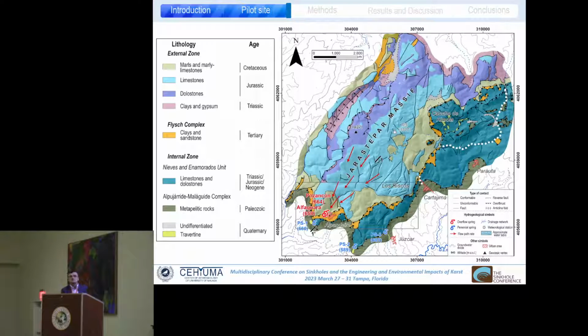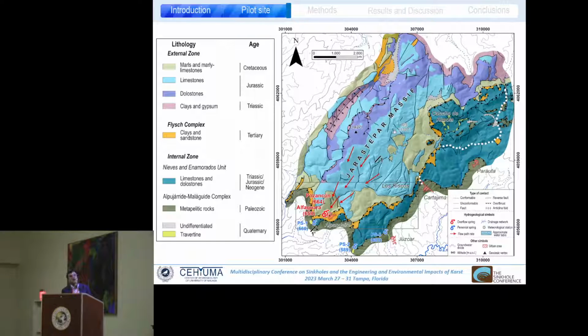It's a geologically complex area because there are two major units there. On one hand, at the north of this overthrusting contact is the external zone of the Betic range. This is a continental paleomargin during the Mesozoic age. And at the south, there is mainly metamorphic, but also sedimentary rocks that are overthrusting over the external zone through this orange color that are flysch